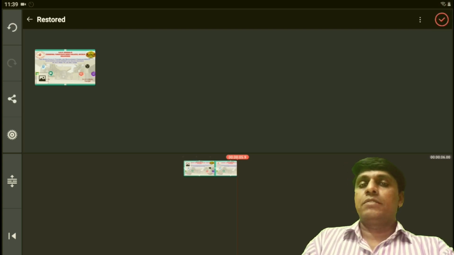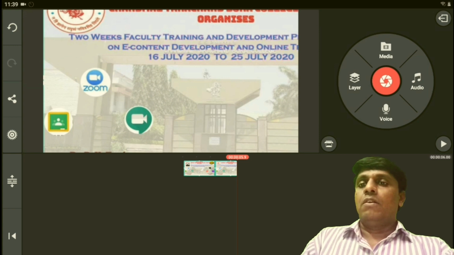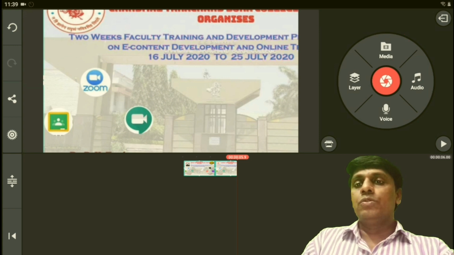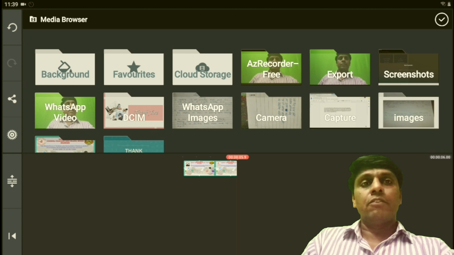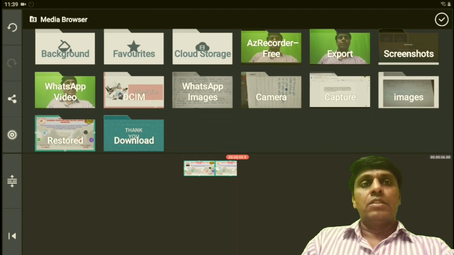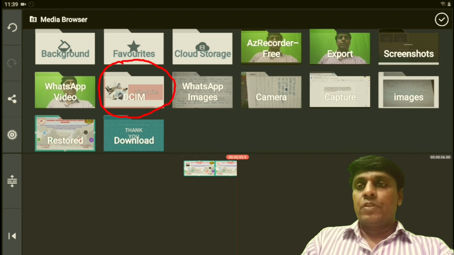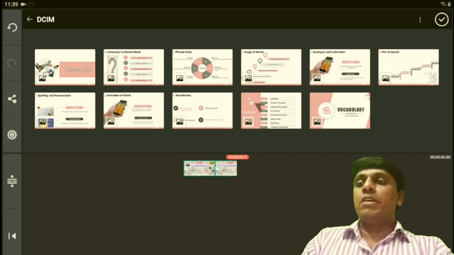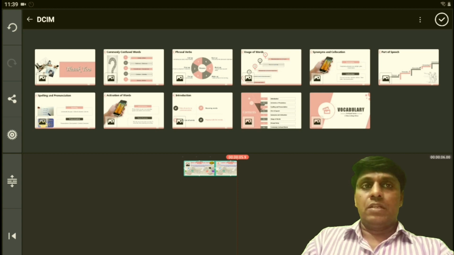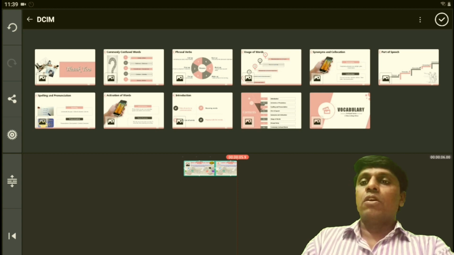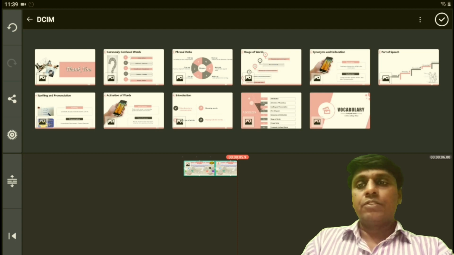Then correct it. Then obviously again you have to go to media and select the file, that is a JPG file or images of your project. So I will select this file, and this is all the images of my project or presentation. Select all the images one by one, slides one by one.